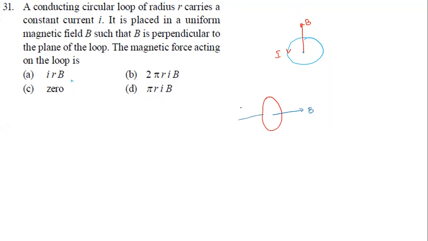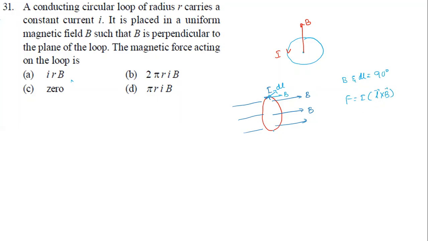If I draw it continuously, for all parts B is acting like this. Now, any part is going to carry a current, let's say current I. That wire is going to carry a current of I. Now look at any small element. If you take a dL element, this is dL and this is the magnetic field. Since they are perpendicular, the angle between B and dL will be 90 degrees. So for the force, I ask, F equals I dL cross B.